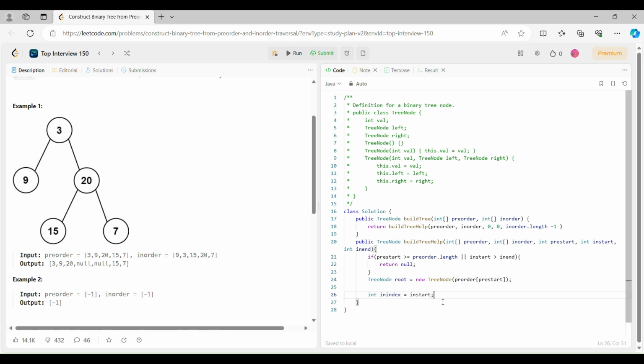inorder. So for that write one while loop, while inIndex is less than or equal to inEnd. Okay, so we are going to search all the elements, and in the while loop check if the element in this inorder, so in inorder which element? We are going to start from inIndex. So if this equals root.value,